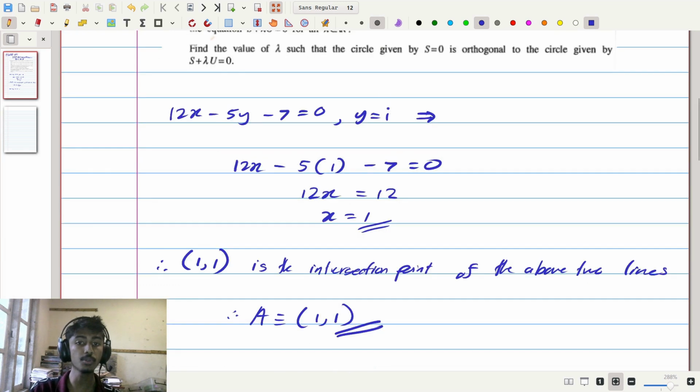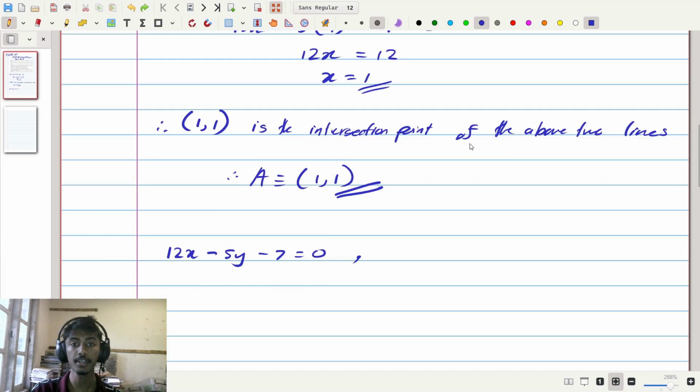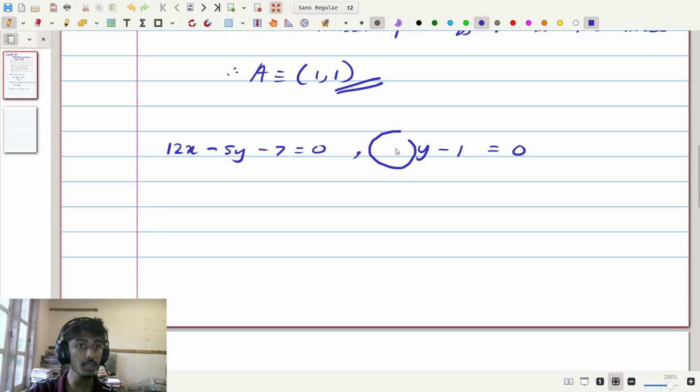So to do that, I can take this 1 to the other side. Doing so, I get y minus 1 equals 0, which I could write as 0x plus y minus 1 equals 0. So therefore, a2 is equal to 0, b2 is equal to 1, and c2 is equal to negative 1. So we can say, according to that, the angle bisectors